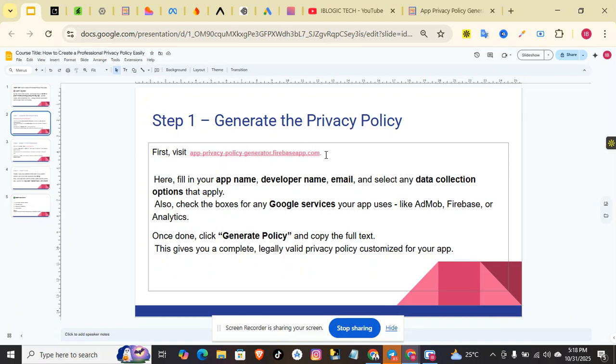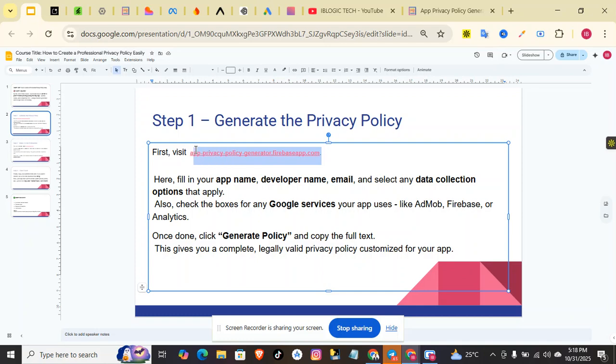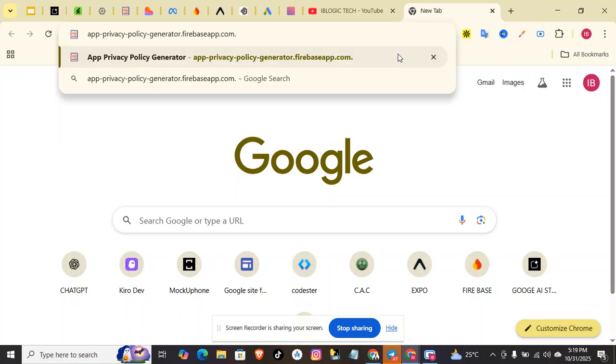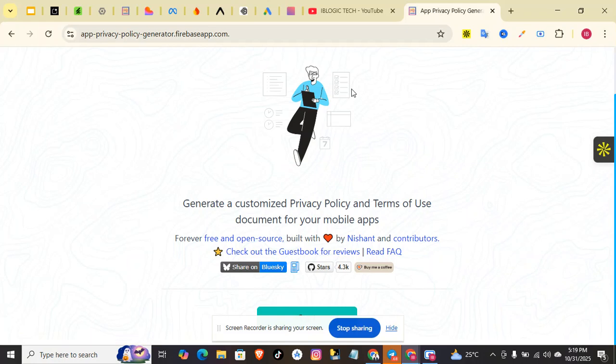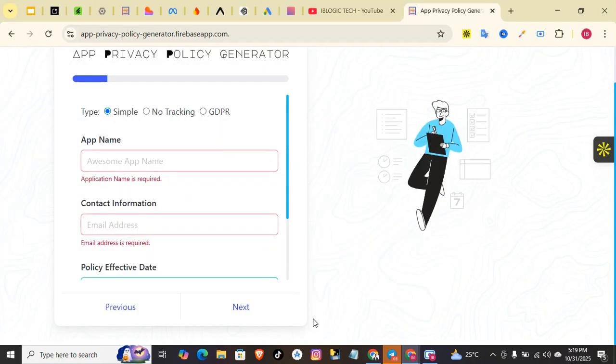So step one to generate the privacy policy is very simple. Just copy this website URL, go to another browser, and paste it there. Then you scroll down and click on start. Then, what's your app name? Is it simple and others? My app name is